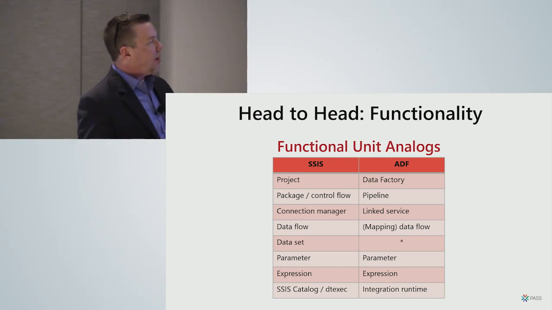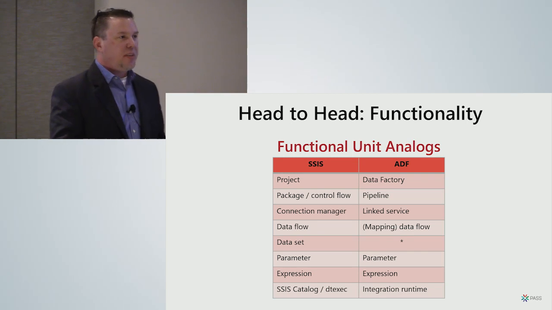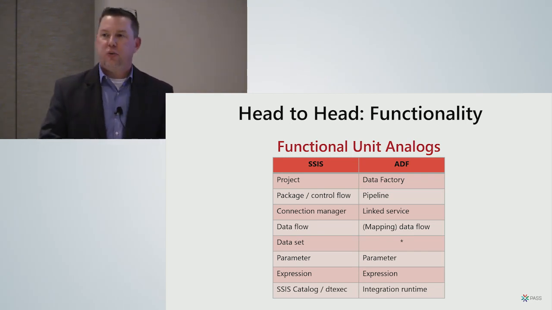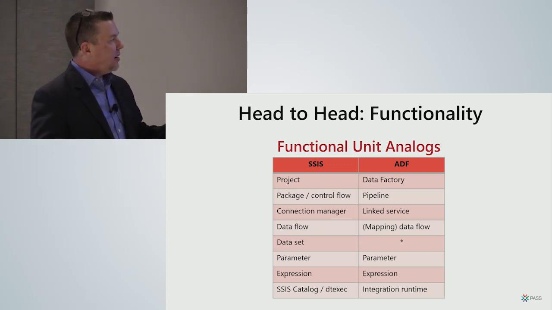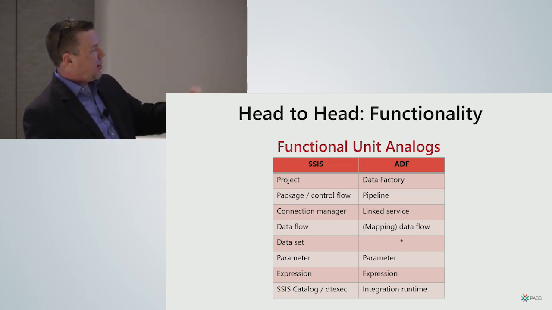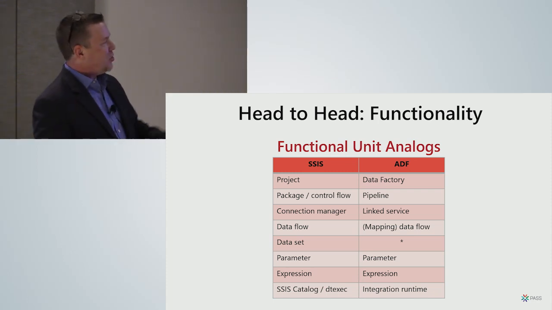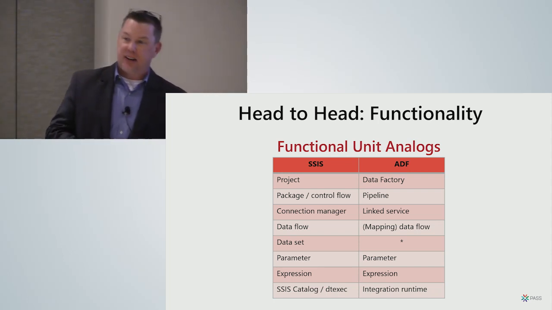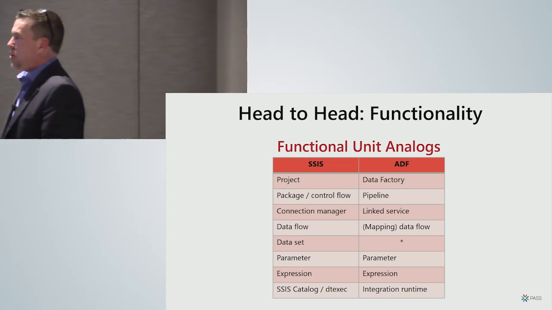I'm not going to go through every one of these, but this is a reference to show you some of the nomenclature that we use in Azure Data Factory to refer to data flow activities and things of that nature. The one that I'll call out is the dataset. I actually reversed those, I just realized that. Dataset should have a star under integration services, and it should be reversed on the other side, where ADF has what we call a dataset.